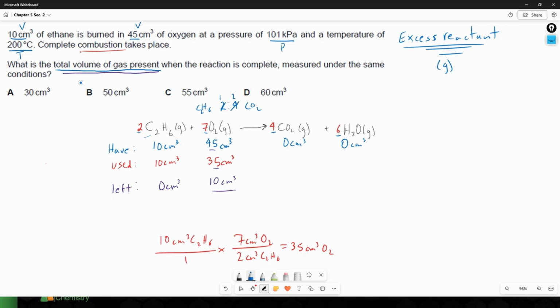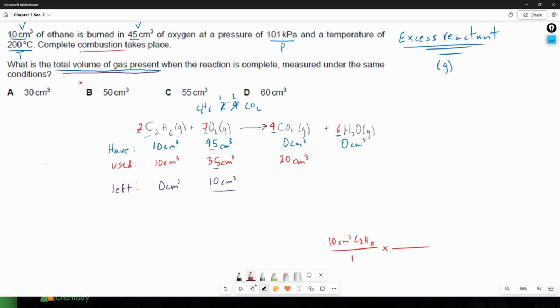Meaning that we're going to create twice as much carbon dioxide as the ethane that we use. So 10 cubic centimeters of ethane means that we create 20 cubic centimeters of carbon dioxide. Again, for those of you who need to actually see the mathematics, and it's something that you should really start working on being able to use in your head, but if we have 10 cubic centimeters of ethane, C2H6,